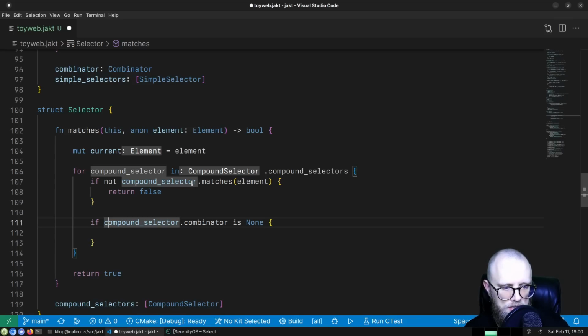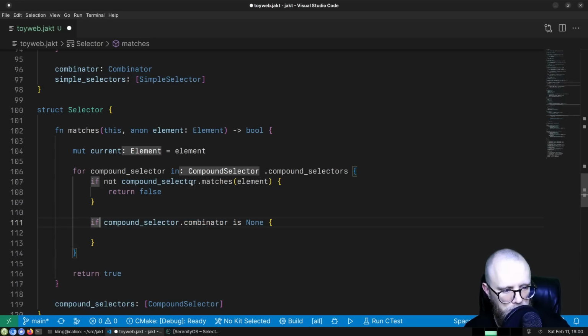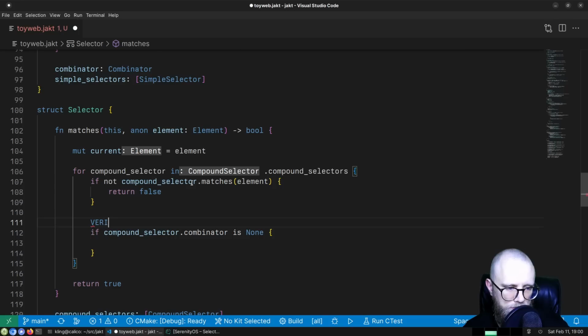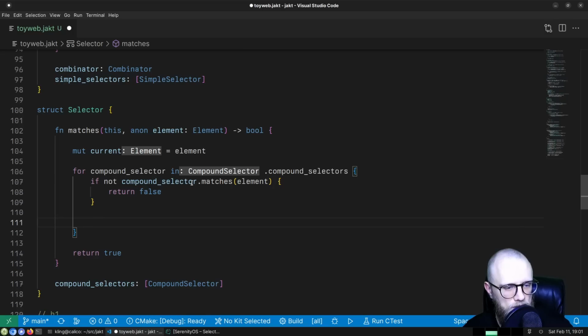So we actually shouldn't be none here. Which reminds me that we don't have a way to say verify, like we have in C++. It would be a nice thing to have. So we are going to say